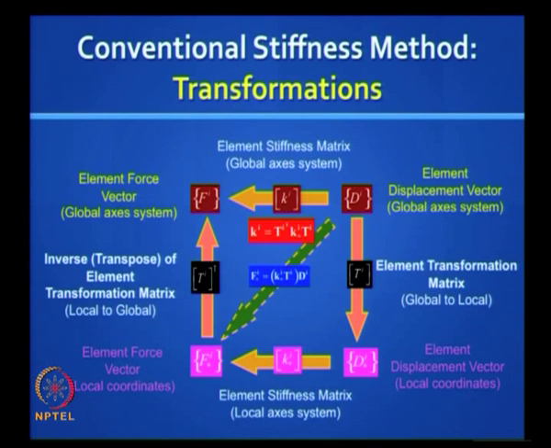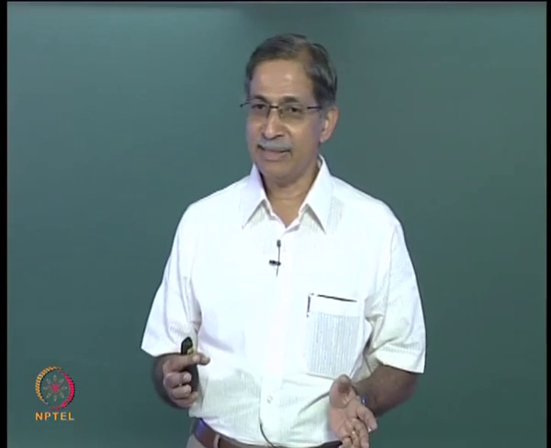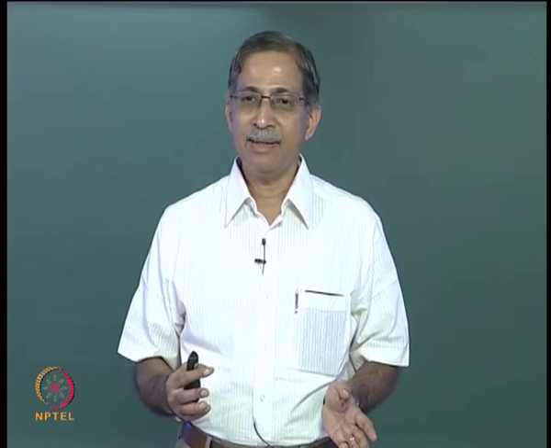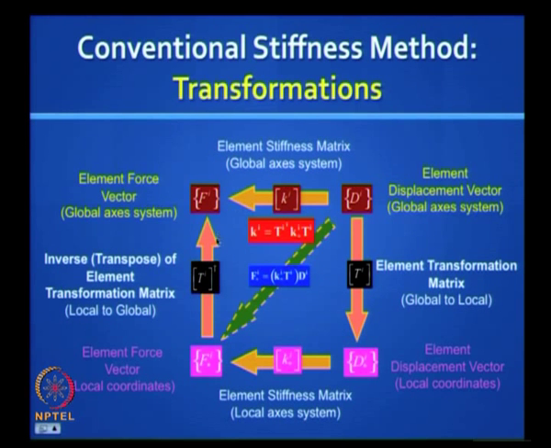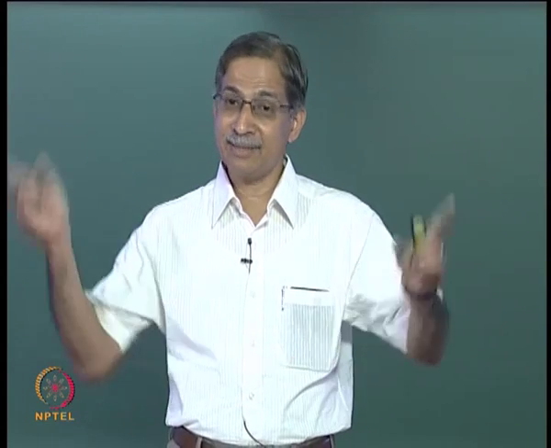This picture really shows how you can do various transformations to finally arrive at what? What's the end result of this? You will get the element stiffness matrix of every element aligned along the global axis. Okay, so the end result of these transformations is this Ki is equal to Ti transpose K star i Ti. After this, your next job is to assemble the matrix and get the structure stiffness matrix.